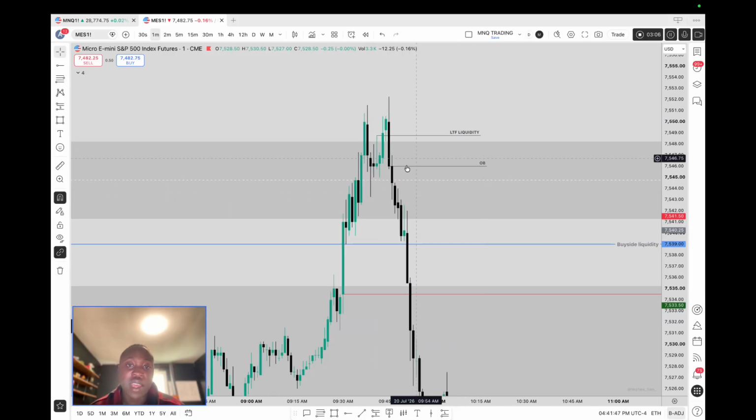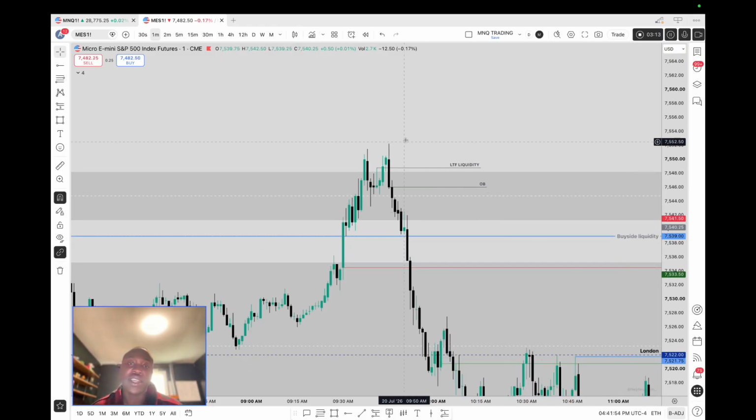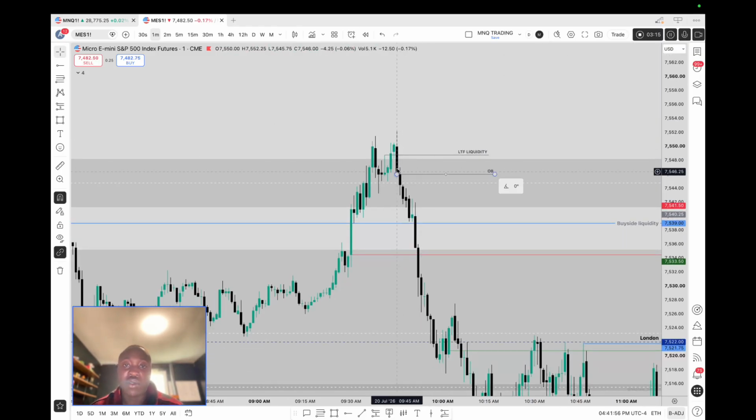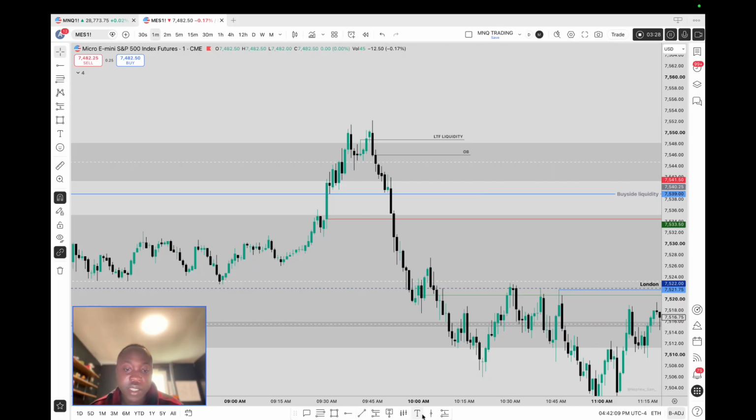And again, I wait for that first 15 minutes, and then I look to find a trade. I don't enter a trade. I look to find a trade, right? So our order block formed right here, and I limited in literally the second it closed down there. And my target for this trade